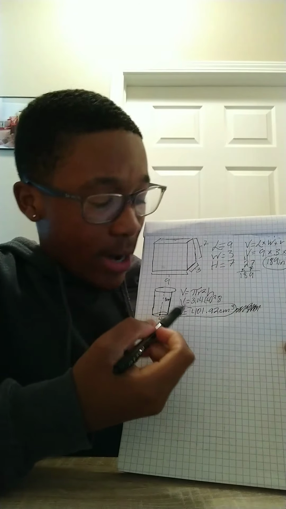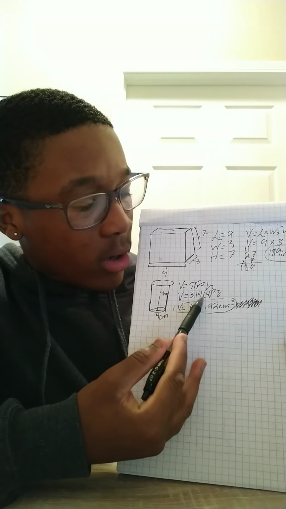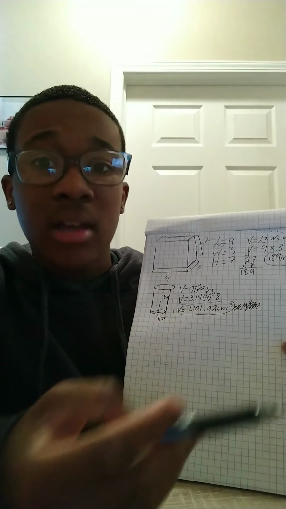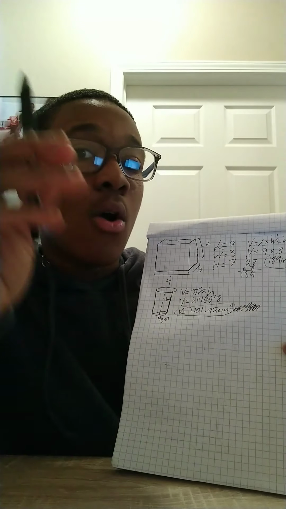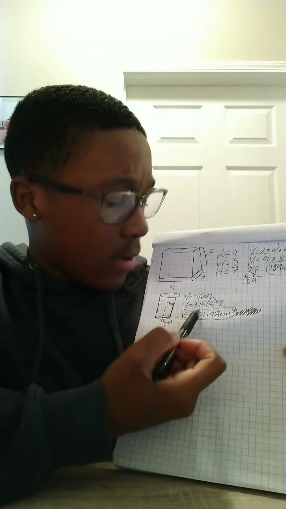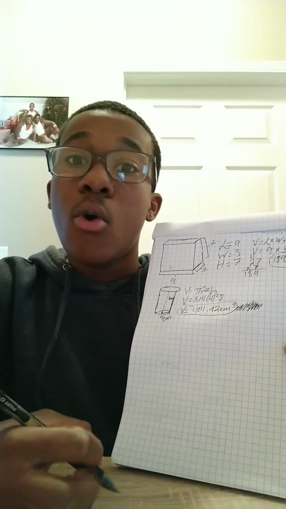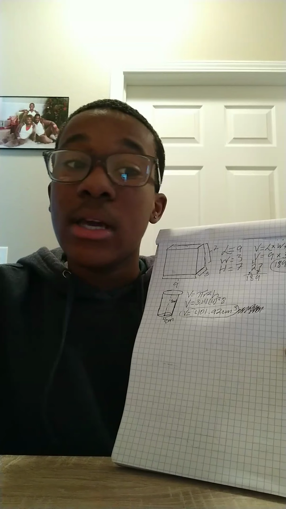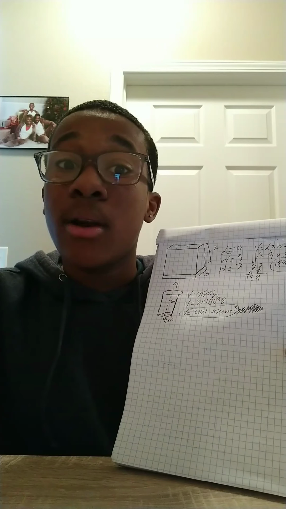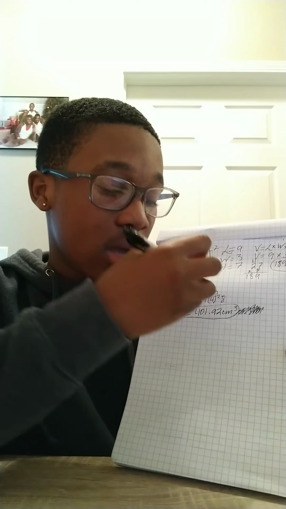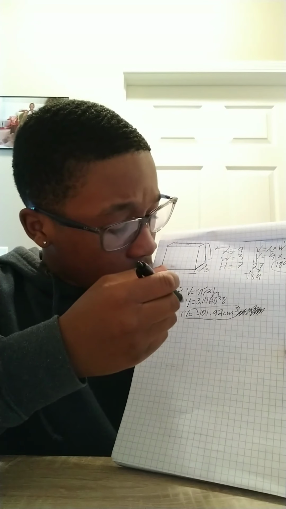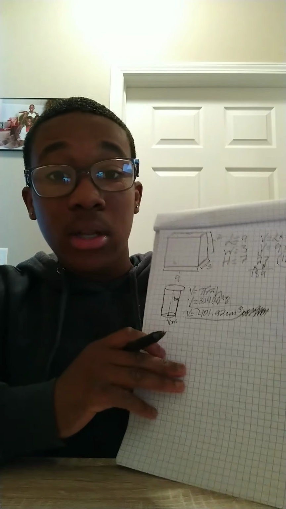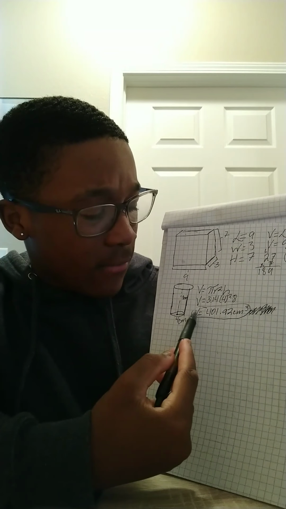So we already said that the equation was 3.14 times 4 squared times 8. We already know that 3.14 is pi, so you could plug that into a calculator if you have a scientific one, or any search engine that you have. And then 4 squared would be 4 times 4. Because if you learn exponents, you know, it's not 4 times 2, it's 4 times that same number, as many times as the exponent states. 4 times 4 is obviously 16, so you would do 3.14 times 16 times 8. And hopefully, if you were to do this correctly, you would have gotten volume equals